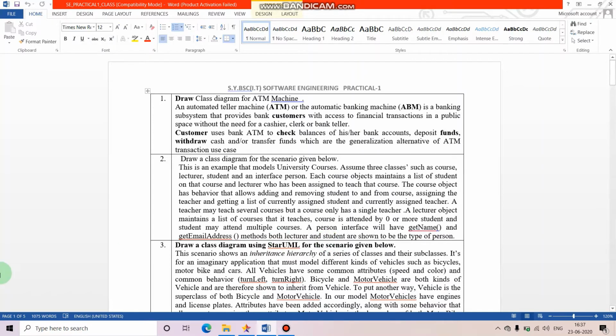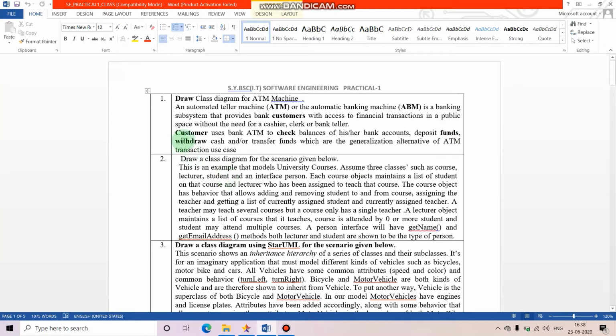Now further it says the customer uses the bank ATM to check the balances of his or her bank account, deposit funds. Now what does the customer do with the ATM? They use the bank ATM to check how much balance they have in their bank account. They can deposit funds into their bank account.